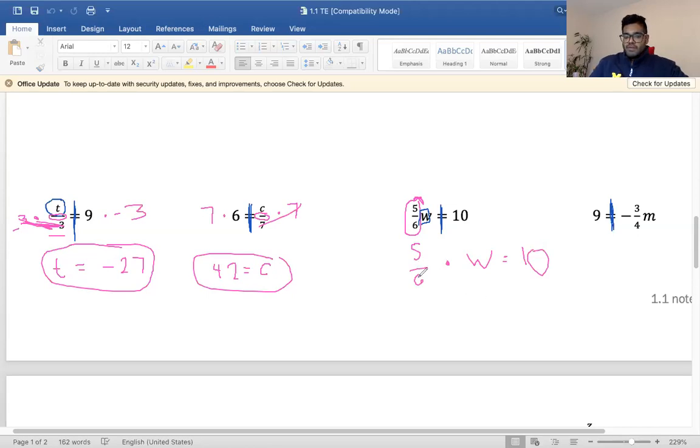Well, how do I get rid of a times 5/6? You just divide by 5/6. Okay, these are going to cancel out. And over here, you have it divided by 5/6. Okay, now this is going to get into some really good fraction review. Let me clear some space. Okay, so we have w equals, right, we cancel out everything, so now we're left with w equals 10 divided by 5/6. Well, I can rewrite 10 as a fraction, so you have 10/1 divided by